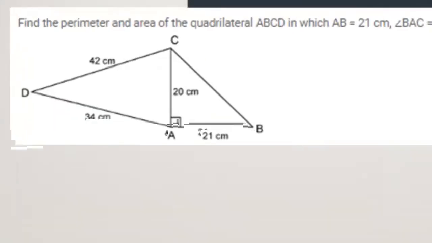Can you zoom in? Can't see the question. Can you see? No, ma'am, not yet. It will take time. It is not a class blackboard that I'm doing. Fine. Just take down the diagram. Give me the area of the whole thing, the area and the perimeter of the quadrilateral.